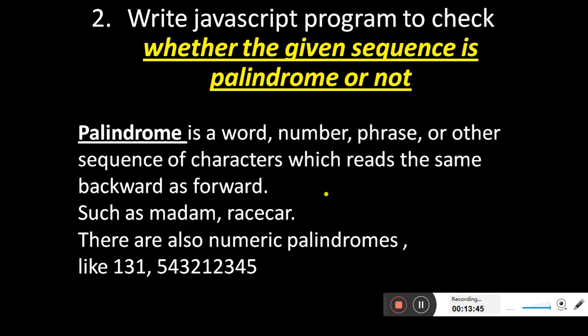It is a word or number or other sequence of characters which reads the same forward or backward. If you read it from the starting, it will be the same as if you read it from the ending. Now we will try it. For this, you are supposed to ask for the sequence from the user. Correct?